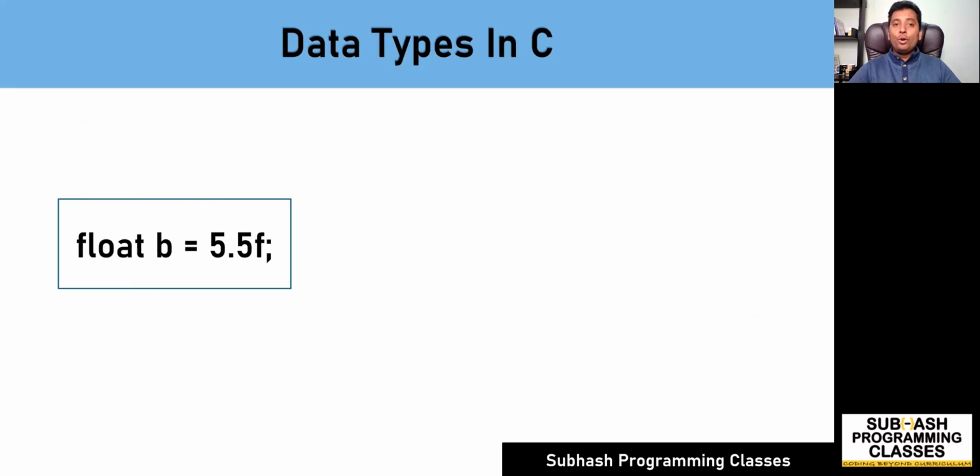Now let's move on to the float data type, right? The float data type is used to represent 32-bit floating point constants, and this statement will indicate to the compiler to allocate some amount of memory. What that amount is depends on this data type, and the float data type indicates to the compiler to allocate 4 bytes of memory location.